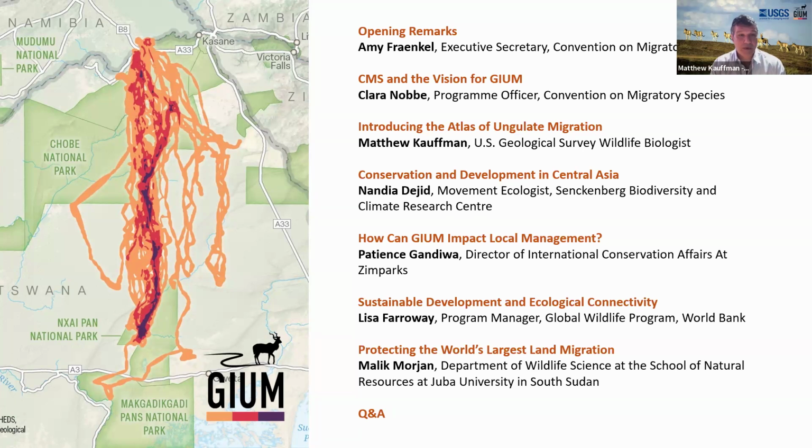Unfortunately, we really don't have that sort of threat assessment that would allow us to identify which migrations are most threatened and in most need of mapping and conservation. That's something that I think we might get to as we continue to develop this information. But right now,